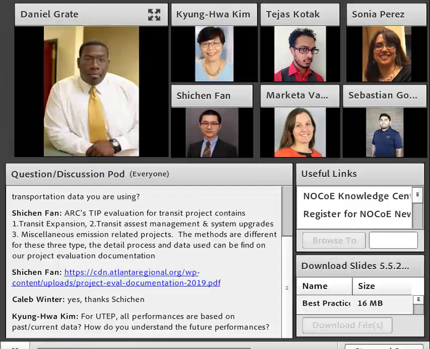Or does it come raw and then you have to go through a process of cleaning it up before putting it into the tool? So we'll start with UTEP for a response and then go to ARC.